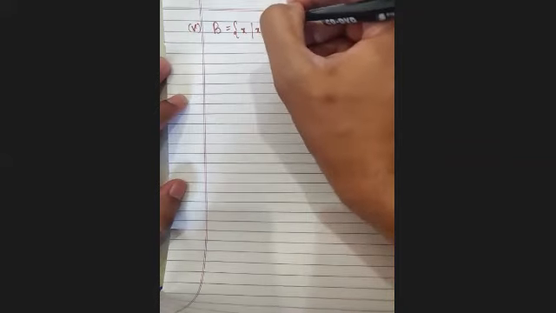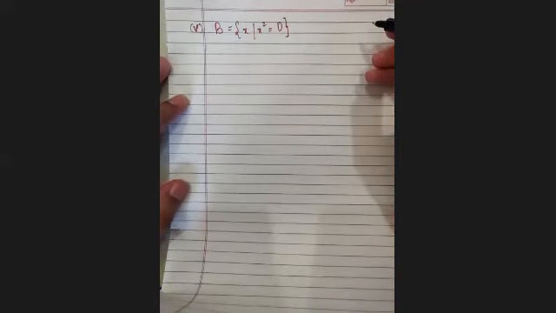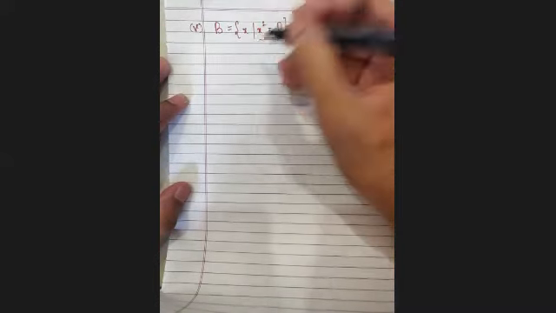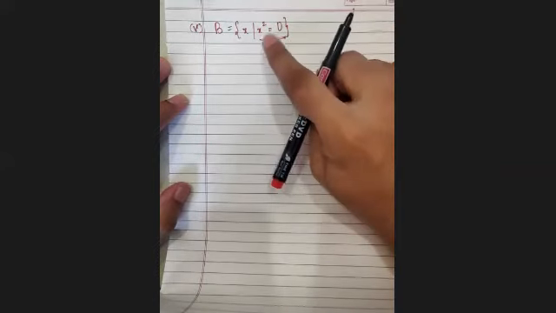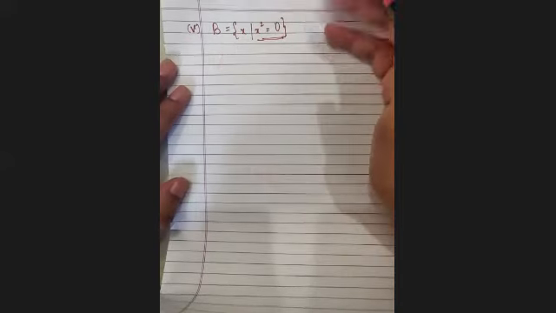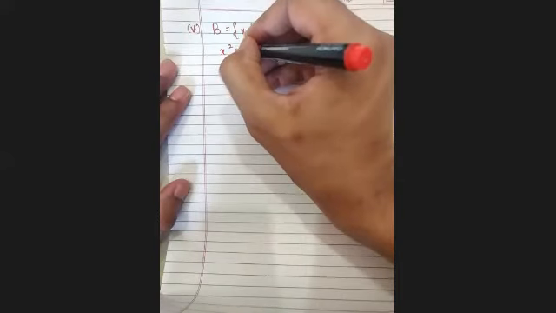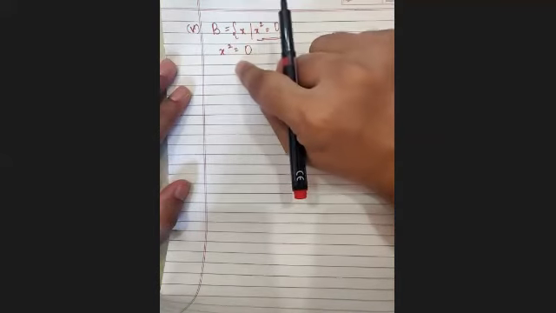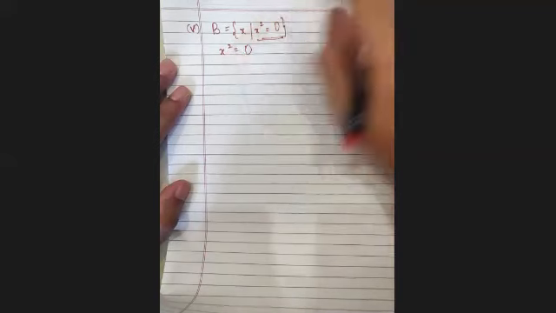B is a set of all x such that x square is 0. Okay, I'll write it down. Now remember this, whenever you have to solve this, if there is an equation with x square, then we write it. Can you see an equation after the such that symbol? Yes. What is that equation? x square is equal to 0. Okay, very good. But I need x, the value of x, I don't need x square. So what do we need to do to remove this square?